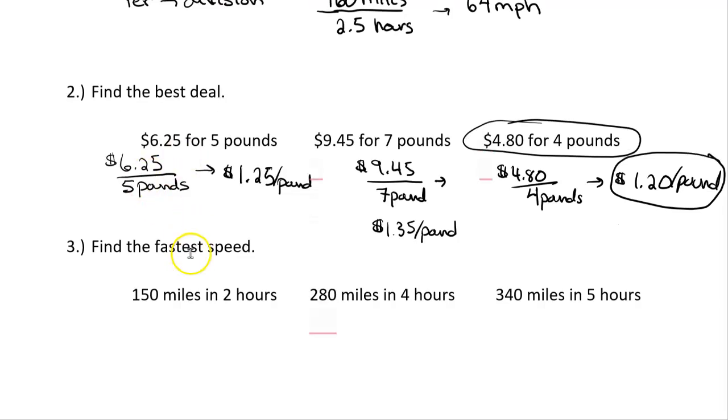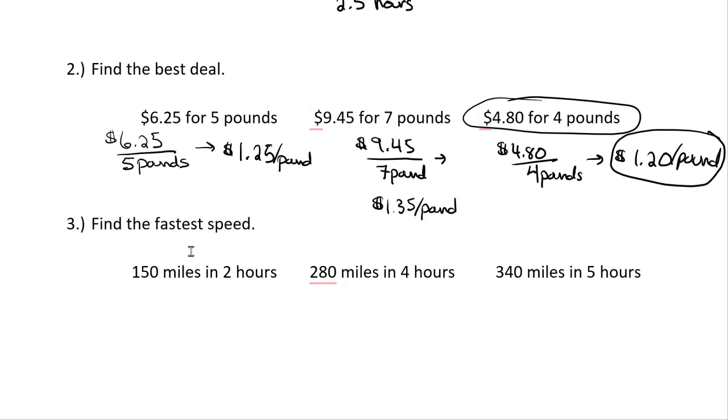All right, so comparing, we have to remember when we have 2 units, we're going to be using a ratio because something is happening over something else. There's a relationship between the two. And then to be able to compare these things, we have to get the unit rate. So I have 150 miles. Now keep in mind, we have speed. It's speed when you're driving on the freeway, which means our unit is miles per hour. So again, miles on the top, time on the bottom. And then I can just go ahead and divide that out. And so I get 75